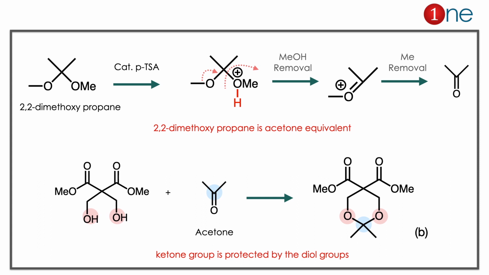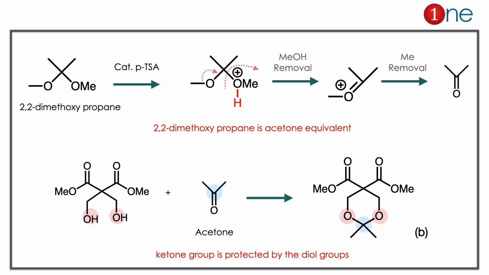You again have the cation on oxygen. So it has to be quenched. So what really happens is the methyl group leaves. You have the ketone there. So the idea is simply that 2,2-dimethoxypropane is the acetone equivalent. Instead of giving acetone, they are using 2 reagents. One is 2,2-dimethoxypropane and PTSA. It's an acid. And in the second step, you have the ester alcohol with ketone. So what really happens is it protects the ketone there.